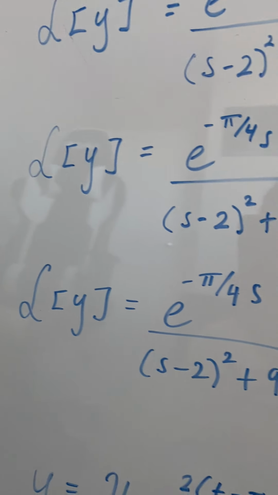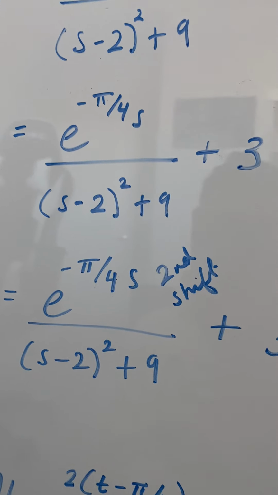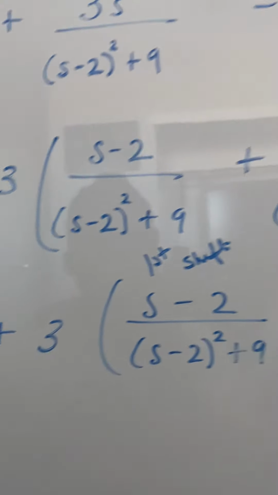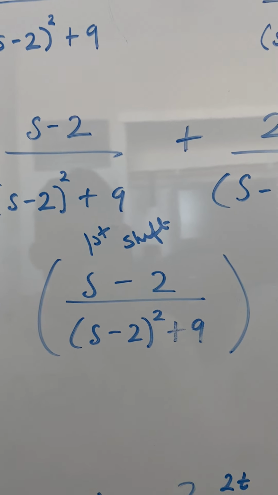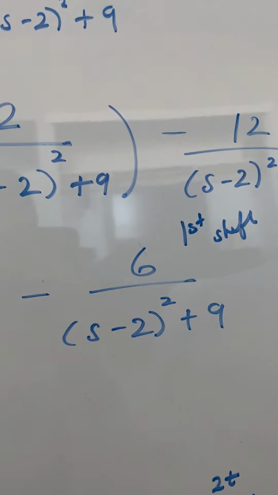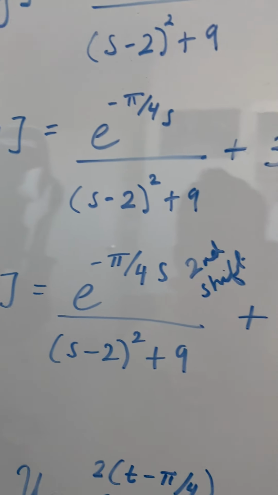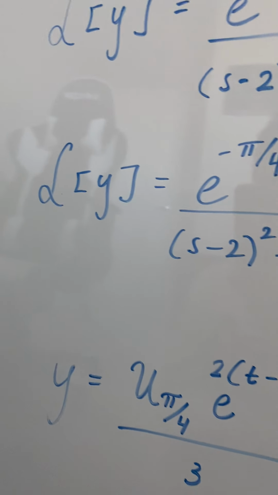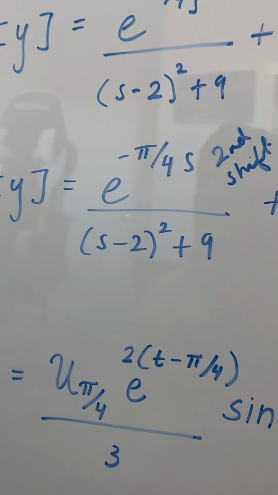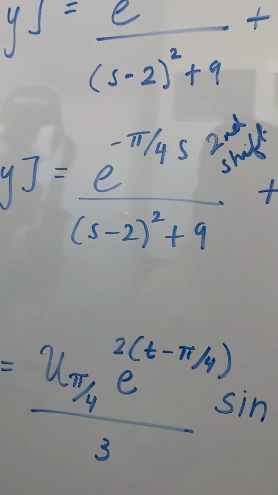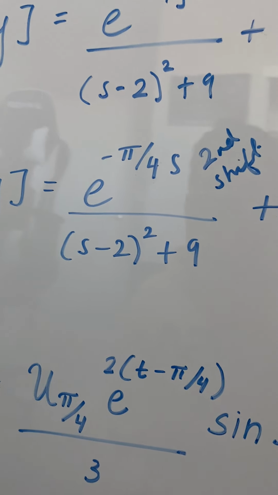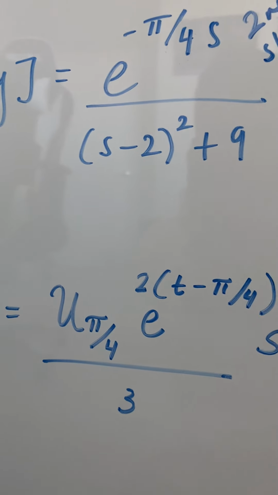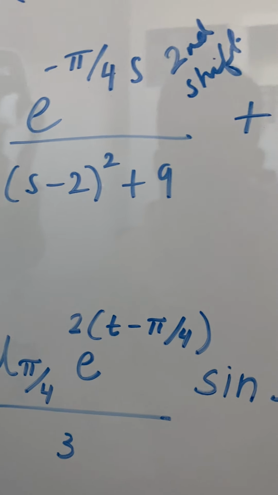So you get Laplace of y is equal to e to the negative pi over 4 s over s minus 2 squared plus 9, plus 3 times s minus 2 over s minus 2 squared plus 9, minus 6 over s minus 2 squared plus 9. Now the first term, it's a second shifting theorem, and you get y is equal to u sub pi over 4 and then e to the 2t, but we have to change all the t's to t minus pi over 4. So you get u sub pi over 4 e to the 2 times t minus pi over 4,